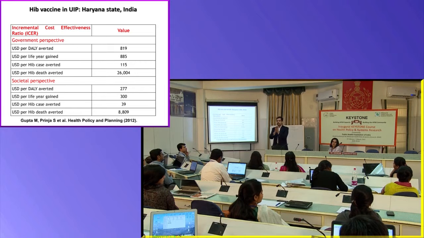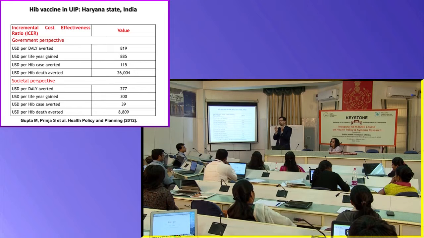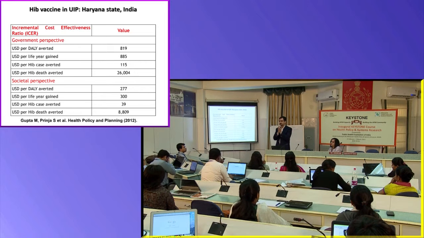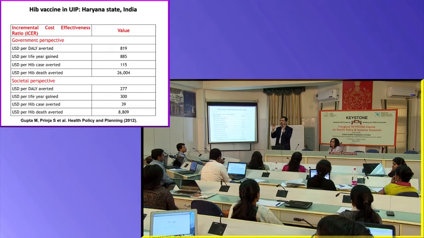So after passing through a series of different evolutions of how you measure health, people have tended to agree that if you are somehow able to combine the effects of any intervention in terms of how much it improves health, in terms of adding quantity of life and adding quality of life. Ultimately, these are the two domains of health that you would be interested in, that you want to live longer.